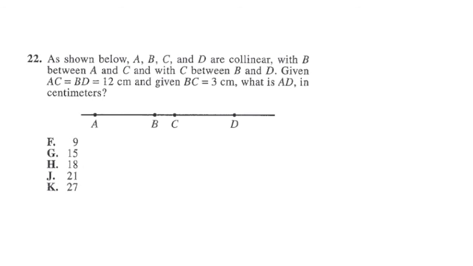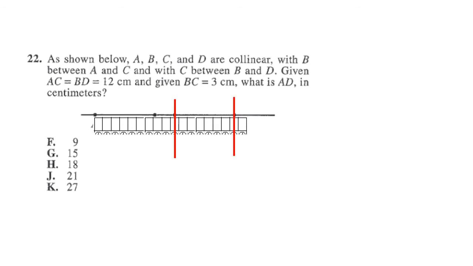Number 22, as shown below, A, B, C, and D are collinear, so they're all on the same line, with B between A and C, and C between B and D. AC and BD equals 12, and BC equals 3. What is AD? So this one you could probably figure out without needing a technique, but if you did, you'd lay your answer key down and count, and then lay your answer key down and count all of them again,